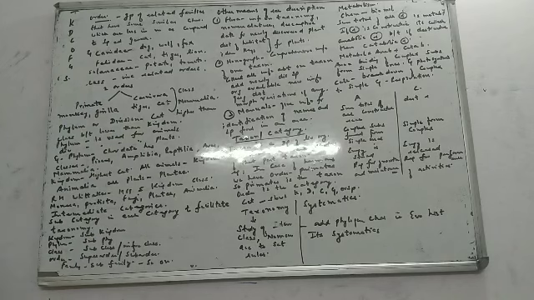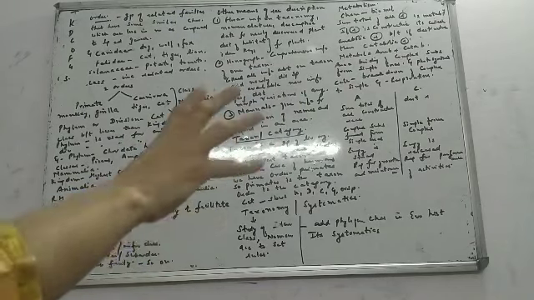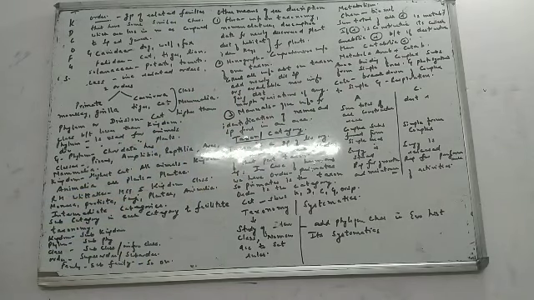The third one. In anabolic reactions, energy is stored. And in catabolic reactions, energy is released. If you remember, in respiration energy is released, and I told you respiration is a catabolic reaction. So energy is released in catabolic reactions. The last difference is, anabolic reactions are required for growth and maintenance, whereas catabolic reactions are required for performance of activities. You need energy to perform activities. That is why catabolic reactions take place in the body.